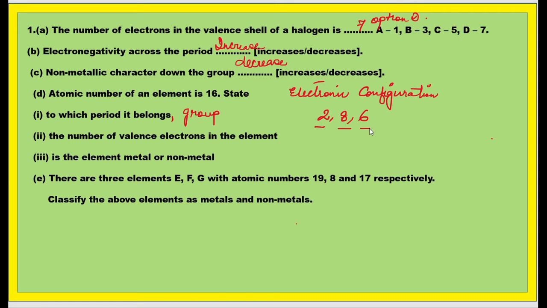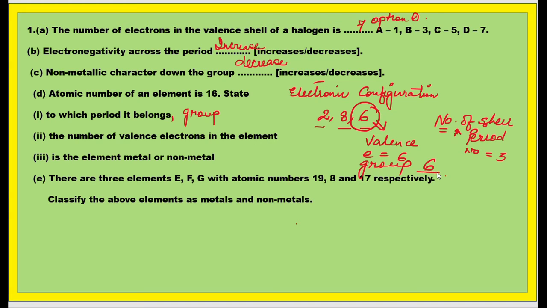1, 2, 3. So you need to write number of shells equals the period number, which equals 3. I've also asked you the group number. So group number will be determined by the number of valence electrons. Valence electrons are the number of electrons present in the outermost shell. So in the outermost shell we have 6 electrons. So valence electrons is 6. So group will be